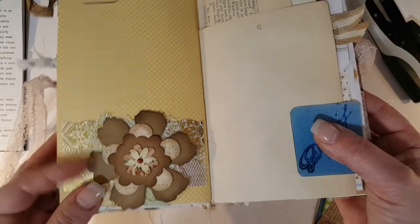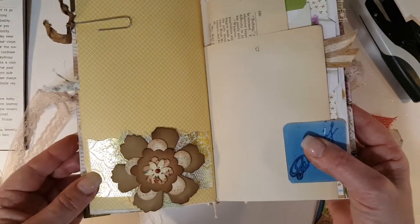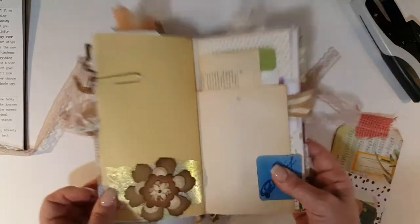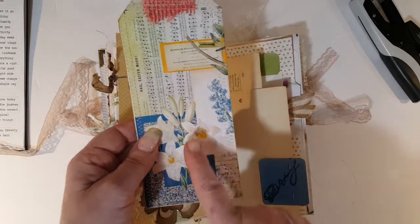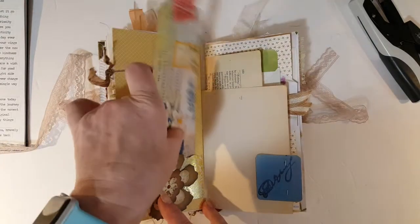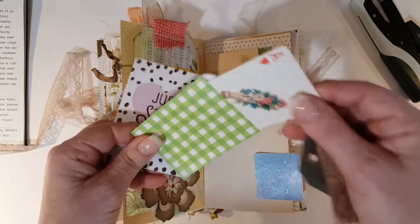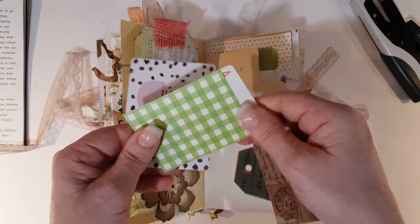layered flower that my cousin Trina made, and I glued it onto this pocket, backed with some cheesecloth. I don't know if you can see the cheesecloth in there, but it's there. Artie Mae's collage sheet, and I made a big old tag out of it. And here's some more little pieces that my niece sent me, and that is a vintage card inside this one,